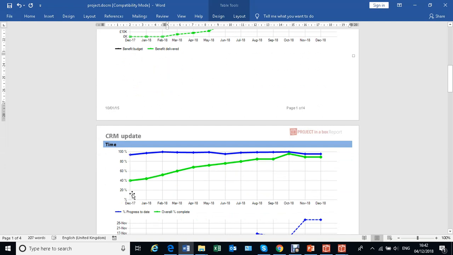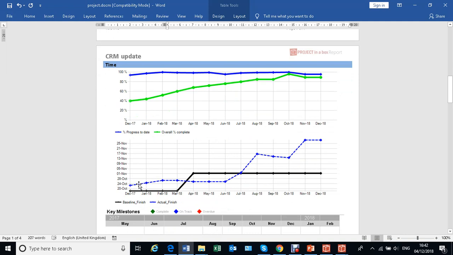Here we're tracking percentage completes in terms of plan information, and here we're tracking dates against dates. So this is the milestone for completion of the project. It was set as a baseline back here, sometime back here probably. It was changed at some point during the project life cycle in March, and then it's been the same since,